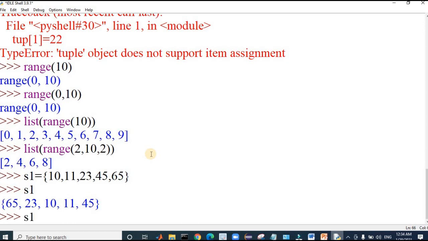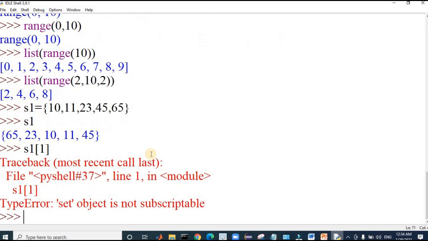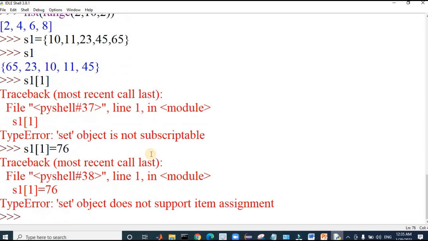If I try to fetch a particular value using the index, these are unindexed, unordered because it retrieved in a random order. And if I try to change a value using the assignment operator to a different value, say 76, these are unchangeable. So I am also covering all the properties of different data types.